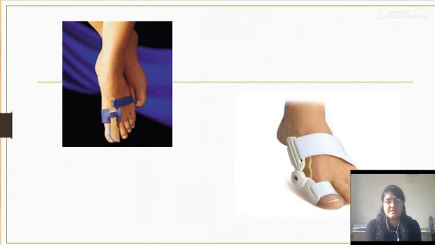Along with this splint, the exercises need to be done, and Faradic foot bath or even normal cryotherapy or hot packs can be given in the initial stages, and Maitland grade 1, grade 2 mobilization can be given for pain relief.